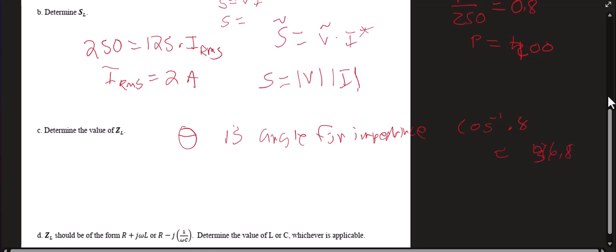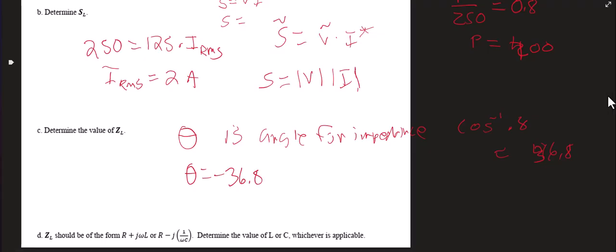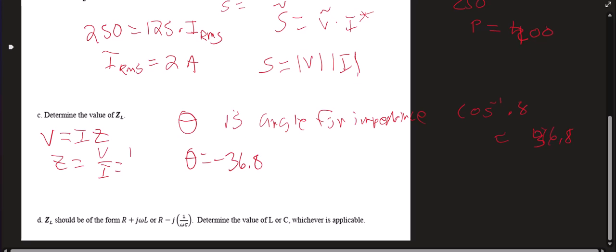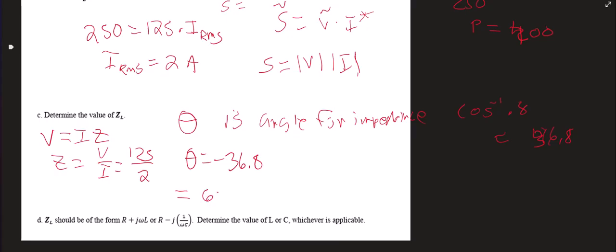But we need the negative one because it's leading. And so theta is negative 36.8. Now we can get the magnitude with V equals IZ. So Z equals V over I. And V was 125, and I was 2. And that's 62.5, angle negative 36.8 degrees